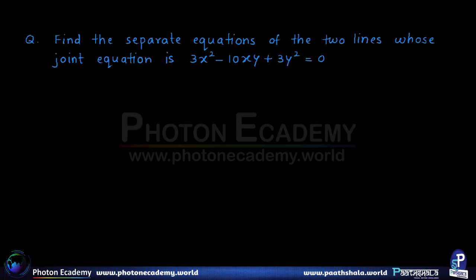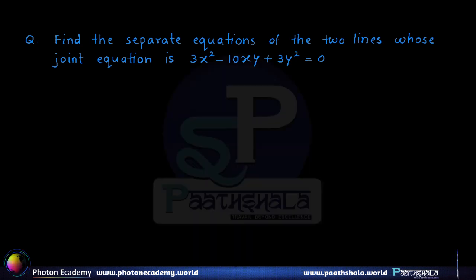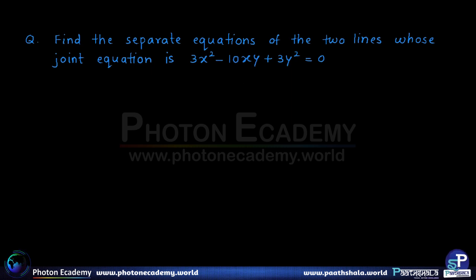Find the separate equations of the two lines whose joint equation is 3x square minus 10xy plus 3y square equal to 0. Now if you remember, if we were given two separate equations, then we just multiply them to get a joint equation. So here, if the joint equation is given, we try to of course factorize or break them into two separate equations. So looking at the terms here, 3, minus 10 and 3, we clearly identify that they